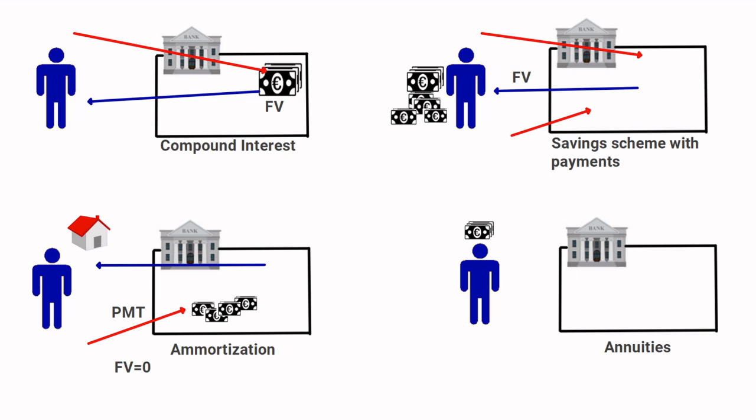And again, we can see that the present value was how much we borrowed from the bank. And the PMT is how much we paid back. So basically the present value and the PMT will have different signs because they're moving in different directions. The last case is these annuities, and it's kind of like the opposite to a mortgage. What happens is you pay a lump sum. So it could be for a pension or something, the money you've saved up. And that's your present value. And then with this lump sum, you have an interest rate,